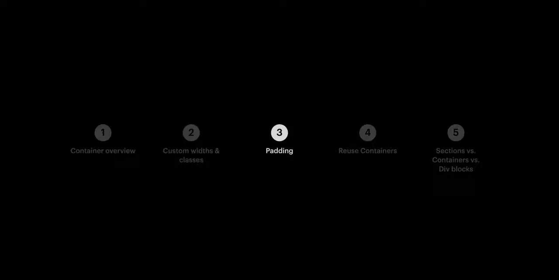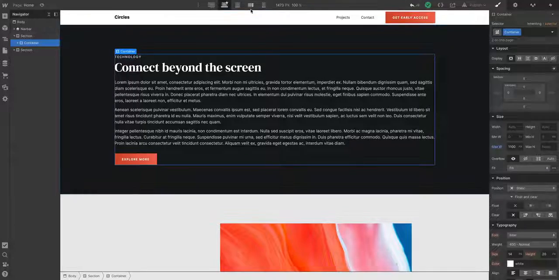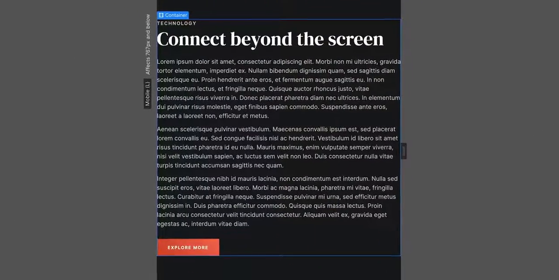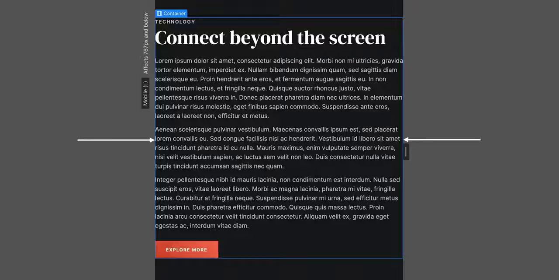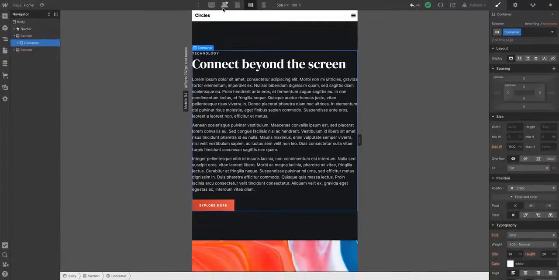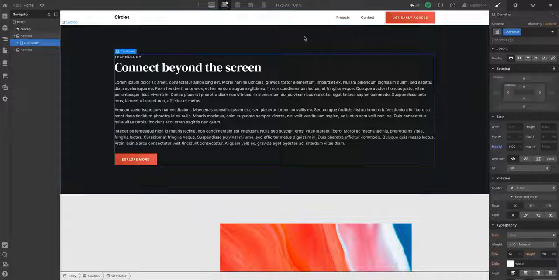And we can use our container to add extra breathing room. This is part 3, by the way. With padding, if we look on mobile landscape, for instance, we can see our content is pushed right up to the edge. And in some cases, we might want that. But for us, let's go all the way back to desktop and make sure we have padding added on the